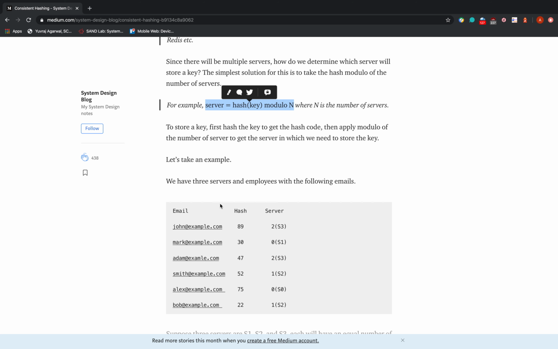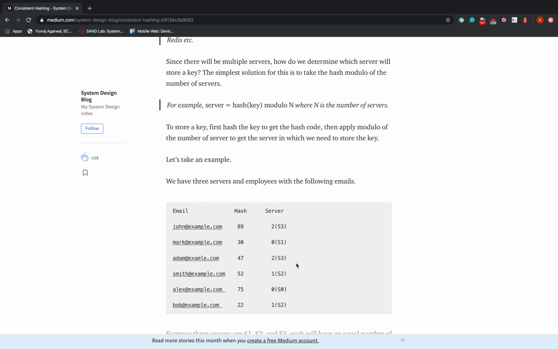For example, if I hash this email john@example.com, I get hash 89, and then I take its modulo with n, where n is the number of servers. I have 3 servers, so when I take 89's modulo with 3, I get 2 as remainder, and then I know that this email is going to be hashed to server 3. Similarly, this email will be hashed to S1, and so on.